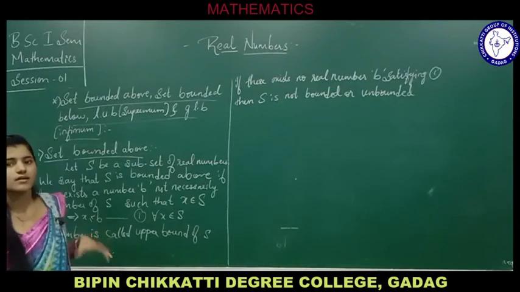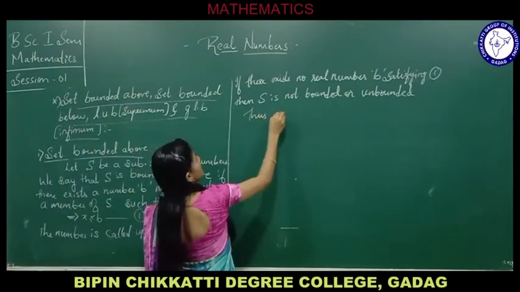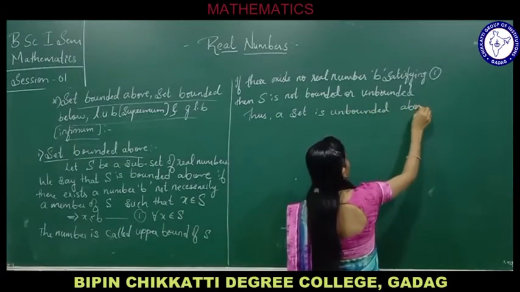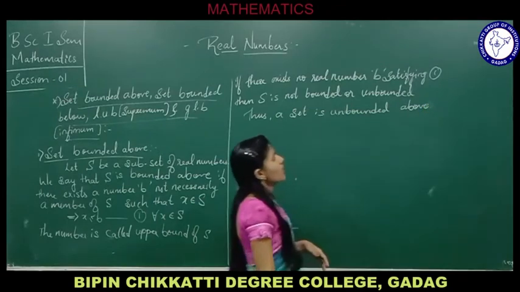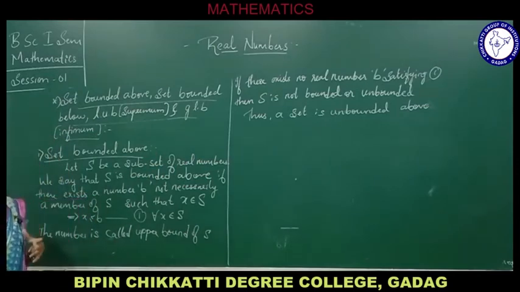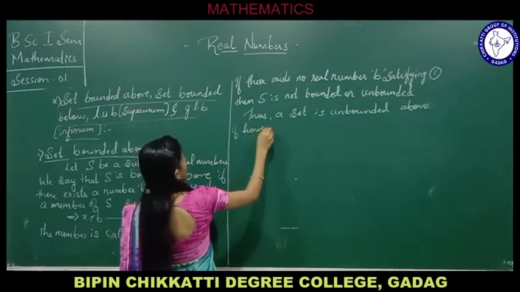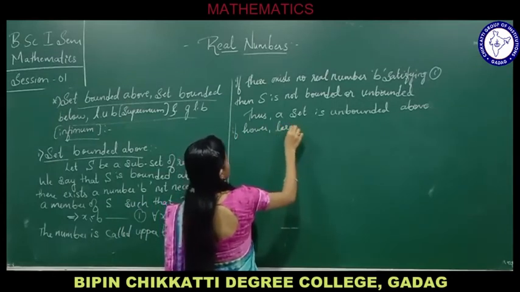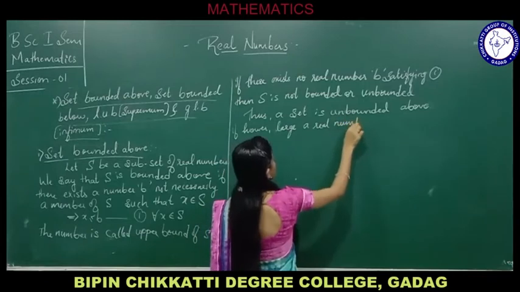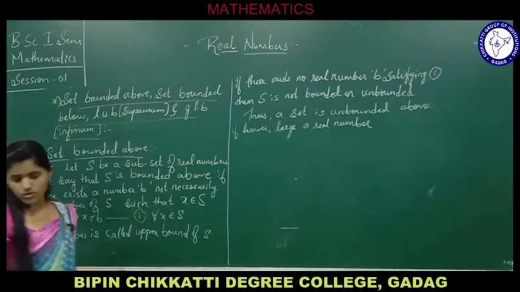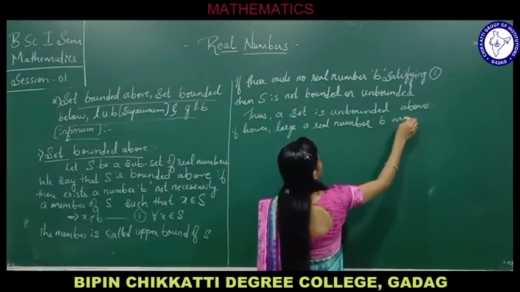Thus a set is unbounded above. When we say the set S is unbounded above, S is not bounded above if, however large a real number B may be chosen,